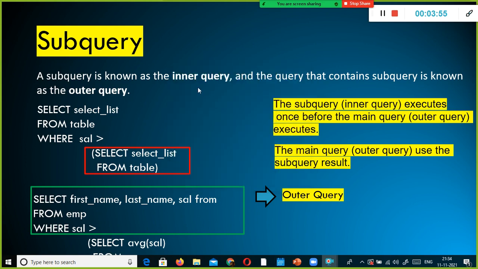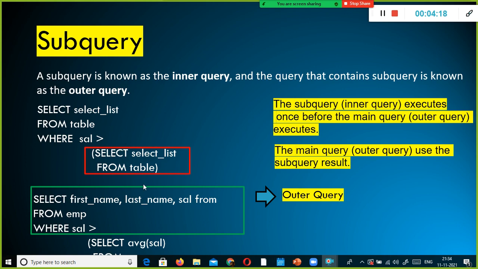Now you understood, in the case of a subquery, this is the outer query and this is the inner query, or the subquery. This one will get executed once before this query executes. First this one gets executed, and its output gets substituted here.